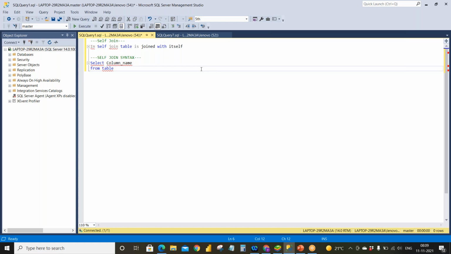So I'm saying table 1 is T1, and again table 1 only, I'll give T2.